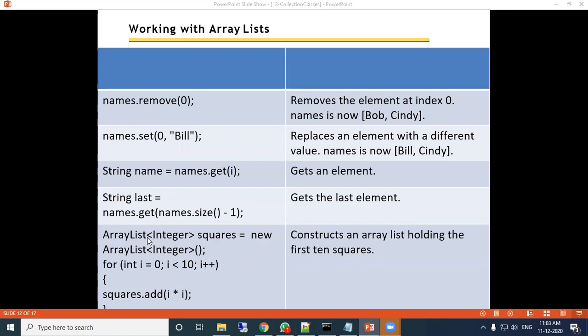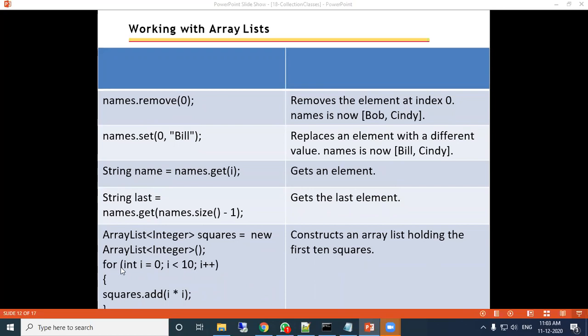So here ArrayList<Integer> squares = new ArrayList<Integer>(), it is creating an integer type array list named squares. That means it constructs an array list holding 10 data items.